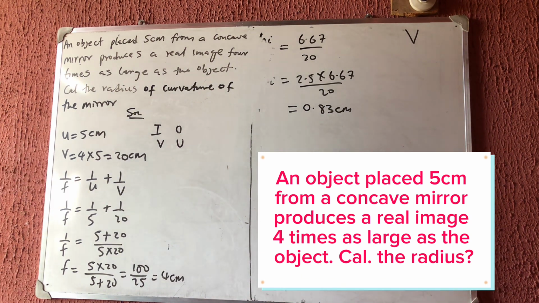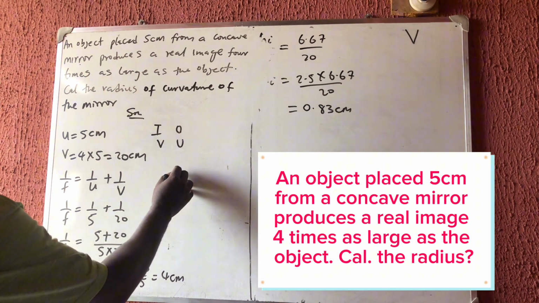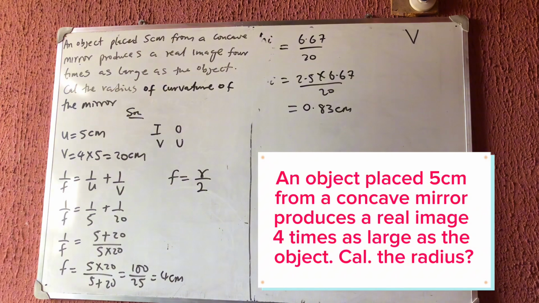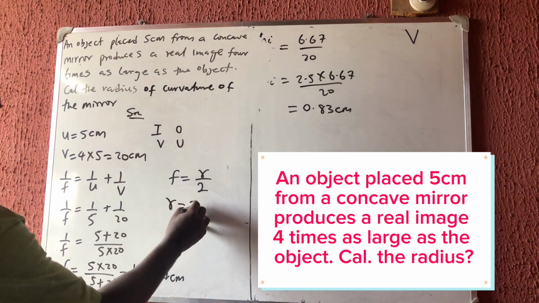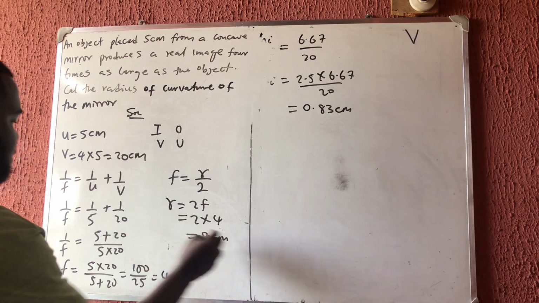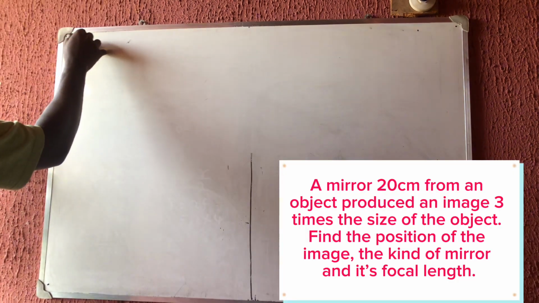So our F is 4 cm, and I know that my F is equal to half of R. So therefore my R is equal to 2F, which is equal to 2 times 4, which is 8 cm. Question number 9 said